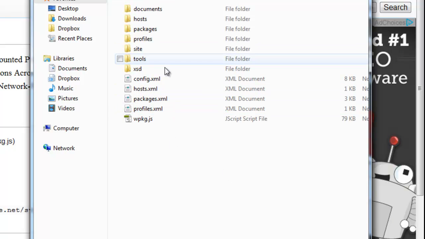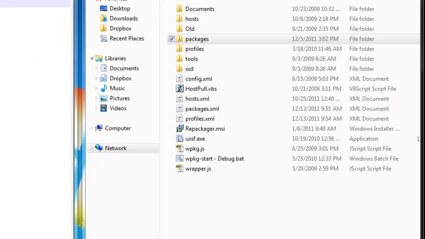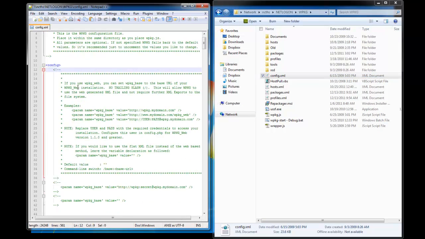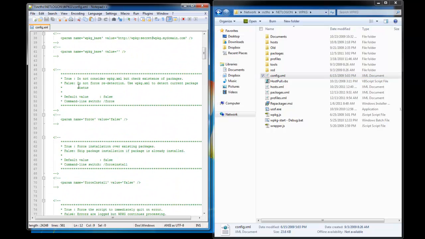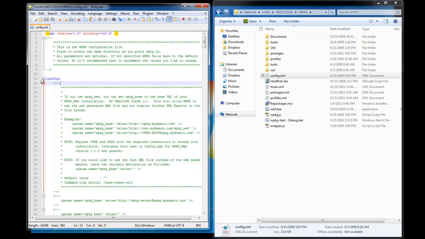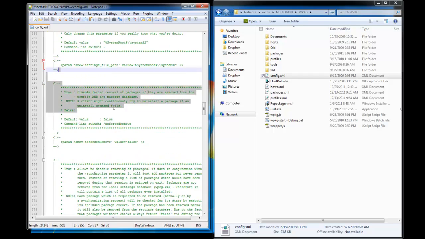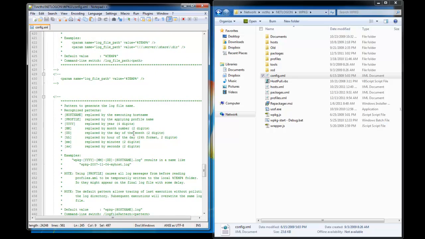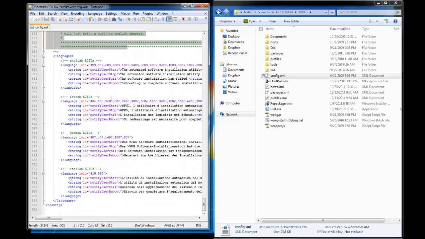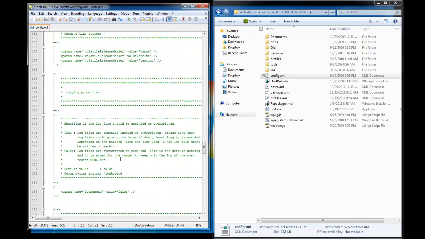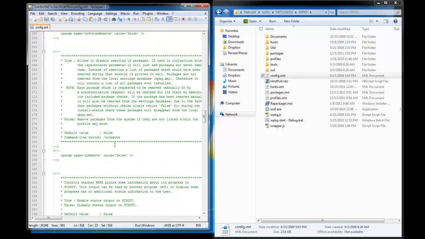I'm going to move away from this downloaded folder, away from the website, into my actual production server where I'm actually using WPKG currently. So I'm going to look at the config file, and I'm using Notepad++ here. The config file just holds some variables for us. I'm just going to minimize it here and try to get down to the meat. When you see this in green here, that means that it's not doing anything. Here you go. So we have some language strings, some things like that in the config file. So we're really not doing that much with the actual config file. So I'm going to skip over the config file.